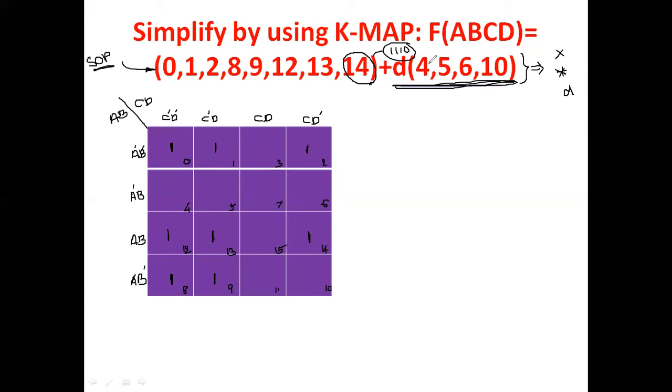So the number 4 is a don't care. Here I am using a cross mark because almost all the authors use this representation. So 4 is given, so 4 is don't care. 5 is also given, that is also don't care. 6 is also given as a don't care in this problem. Afterwards, 10 is also given here, don't care. That's all. That step is also over.